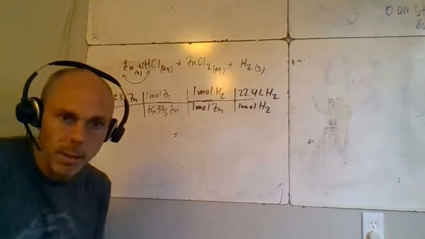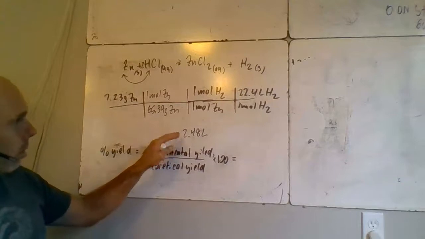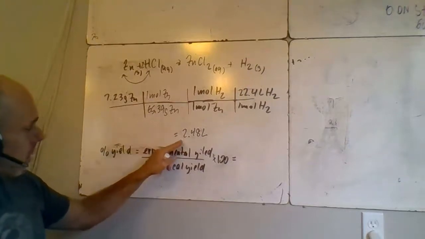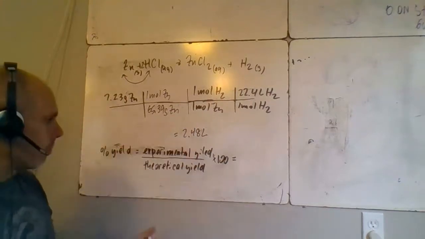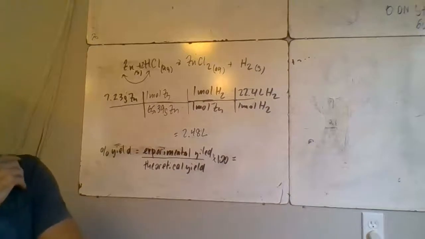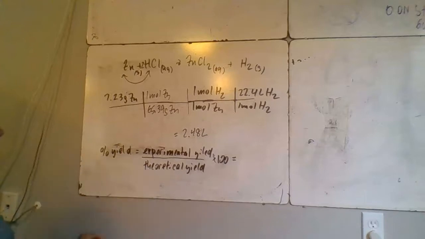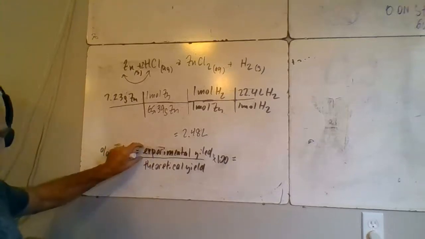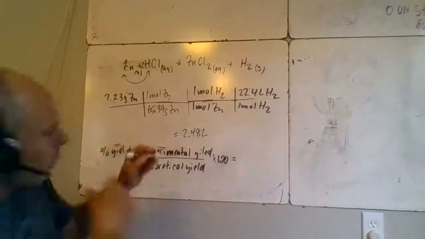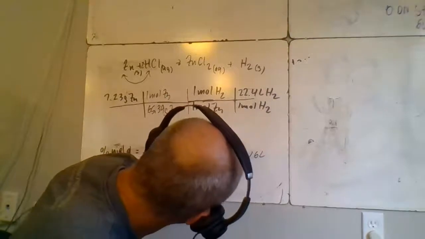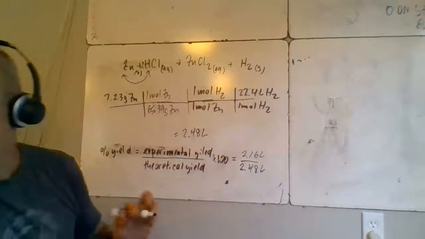So I plug all of that into my calculator. 2.48 liters as the theoretical yield. That is how much hydrogen gas would be produced if all of the zinc reacts and the reaction goes to completion. But we know that only 2.16 liters was produced. So we'll use the percent yield formula. That's the experimental yield, how much was actually produced compared to how much in theory should have been produced. So that's going to be our 2.16 liters divided by 2.48 liters times 100, and we get,